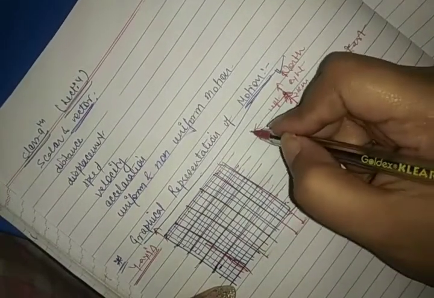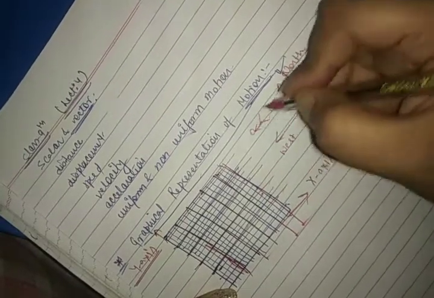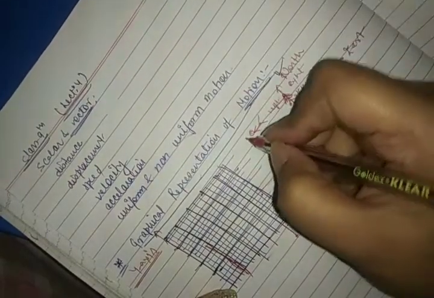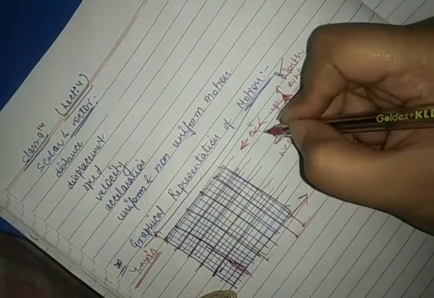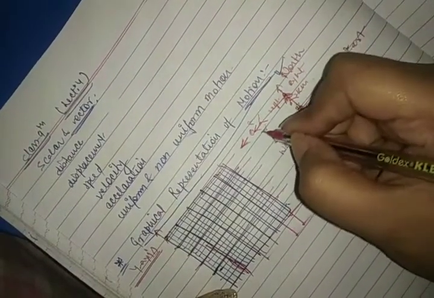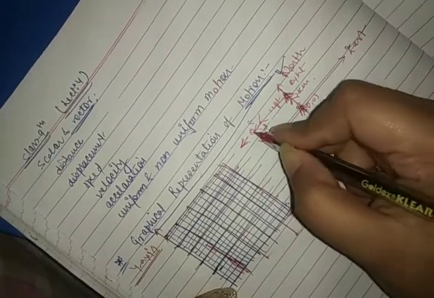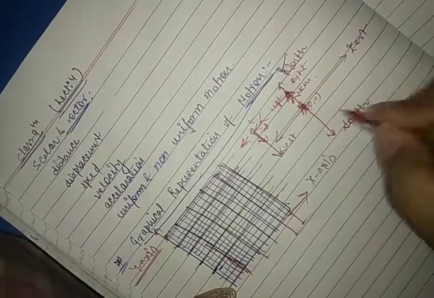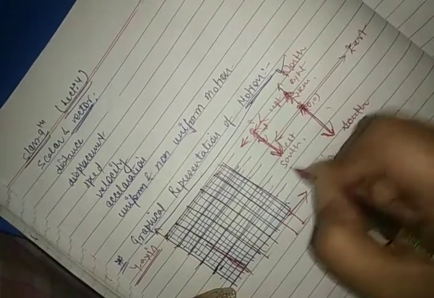Okay, and then if the question says now the person is like this, and then the question says that it turns towards the right hand, so now this person is like this, heading in this direction. So this is its right hand, this is its left hand. Now it has to turn around in the left direction, so it will be like this. Now in what direction is it moving? In the south direction, because south is like this, so it is also moving in this direction only, so it starts moving in the south direction, right?